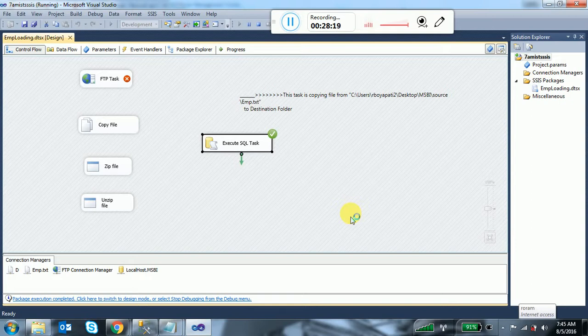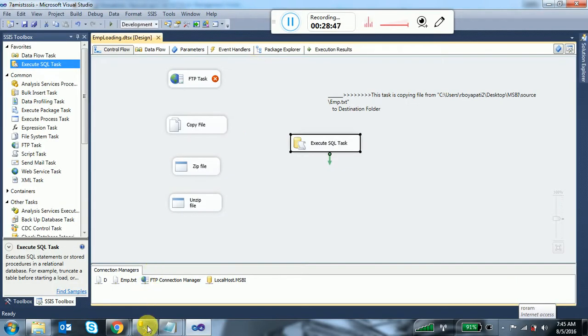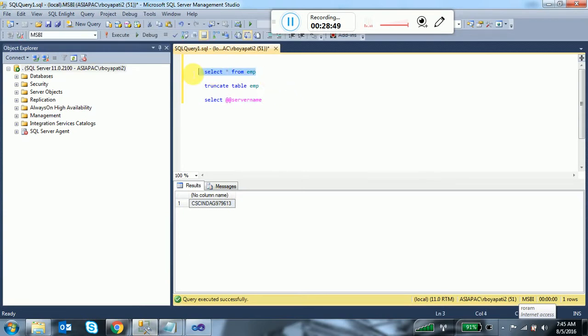Okay, so it is truncated, I hope. Right, nothing is there. This is the truncate statement we use to truncate the data inside a table. Now, for example, I want to insert the data. What is the insert command? Insert into emp. What are the column names? Employee number, employee name, salary. Values